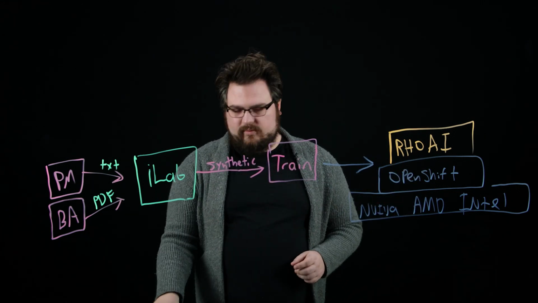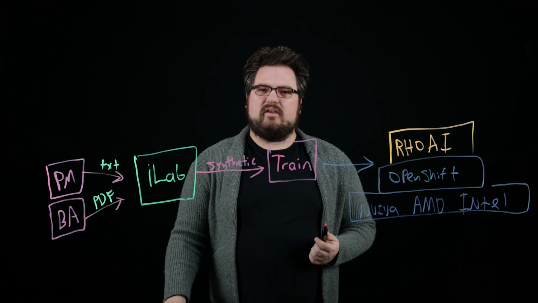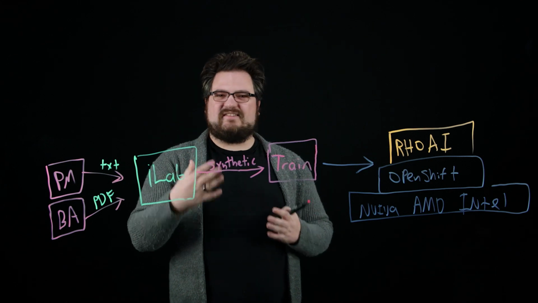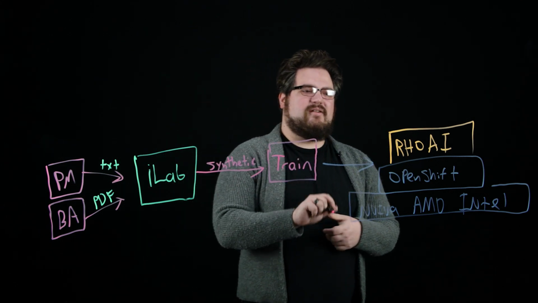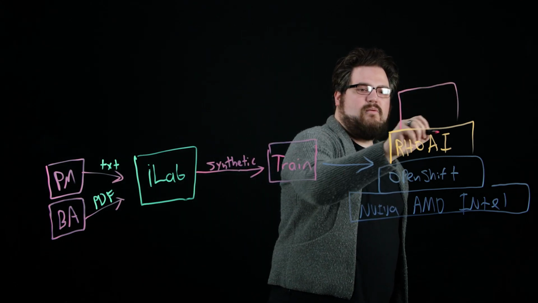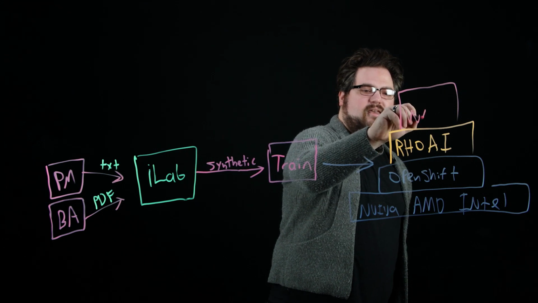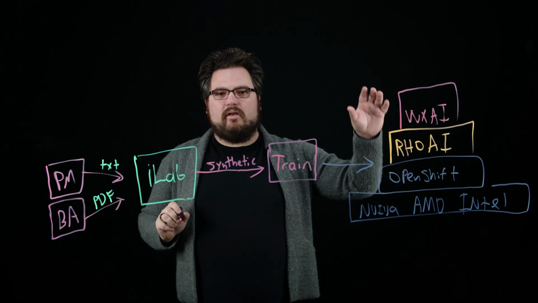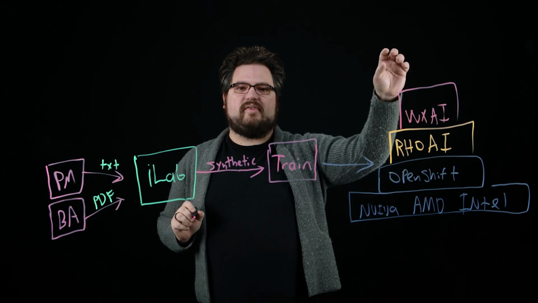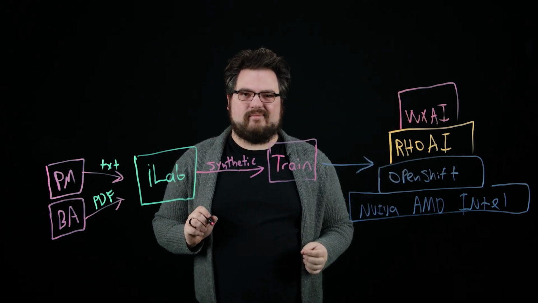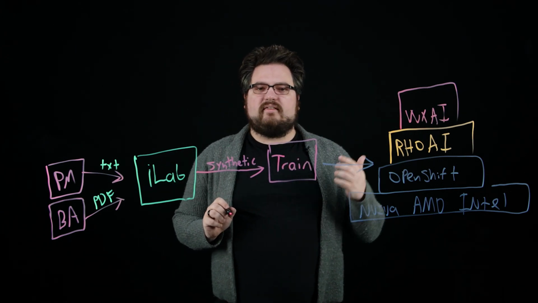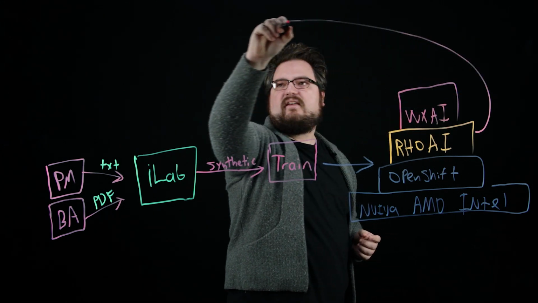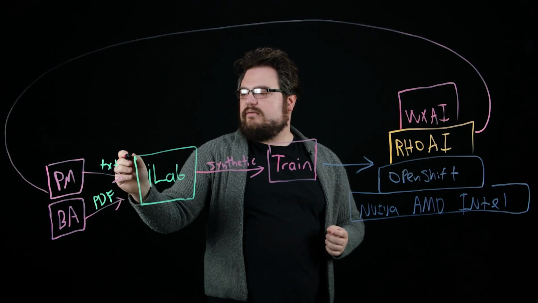Now, you may want to then interact with that model. You want to validate it or apply governance or other things, even just sandbox with it. This could be done with something like watsonx AI that can sit on top of OpenShift and interact with all the models that are being inferred within this AI stack. Now, once this lifecycle has finished, we can then restart the whole process again and use the new